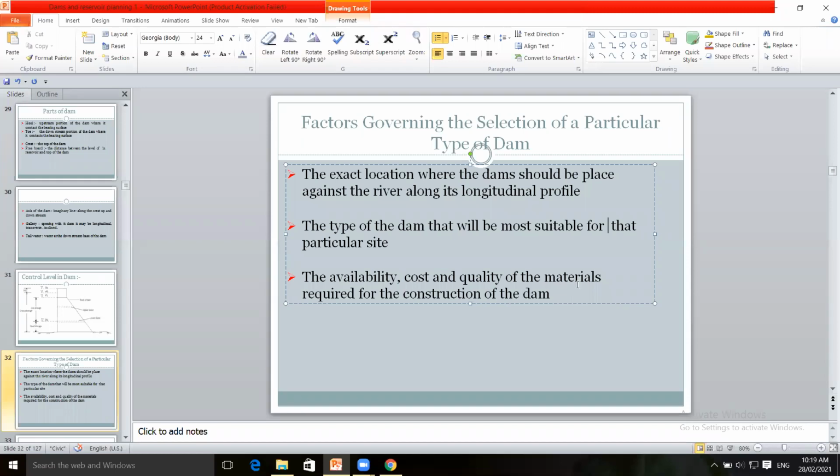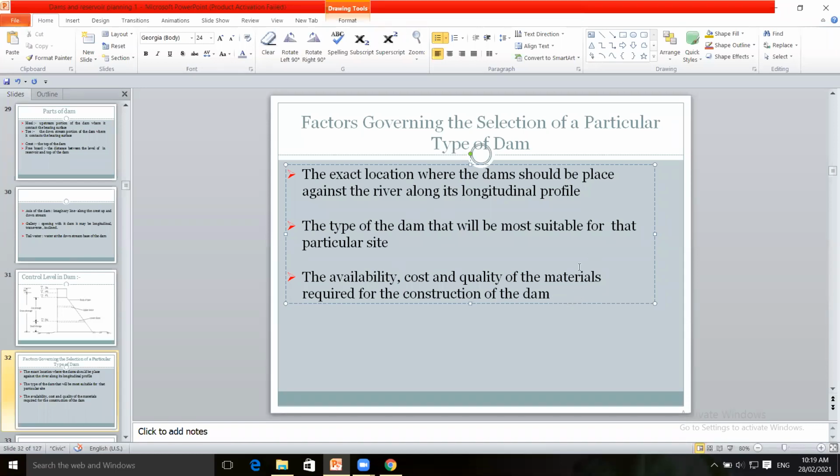If a concrete gravity dam is to be constructed, then it will require cement, sand, aggregate, admixtures, formwork, super plasticizers, steel, timber, etc. So it depends upon the quality and quantity of material required for the construction, whether they are available at the dam location.